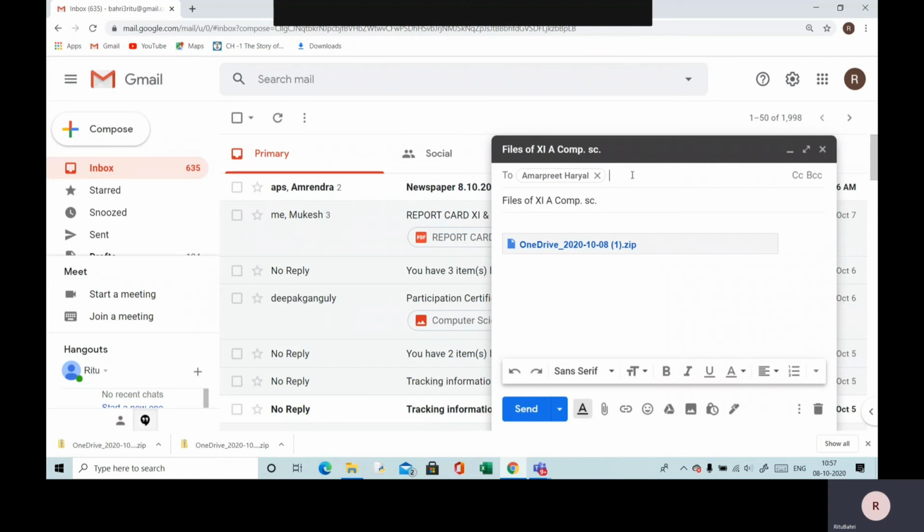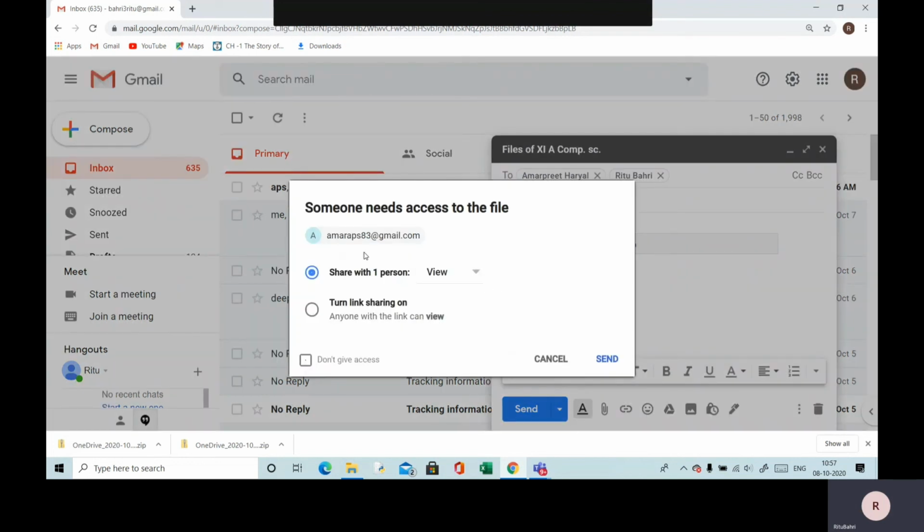I am right now sending it to myself also so that I can show you how to download from the class teacher's end. So I'm just adding my email ID also, and now you can click on send. While sending, it asks to share with one person to view; turn link sharing on.